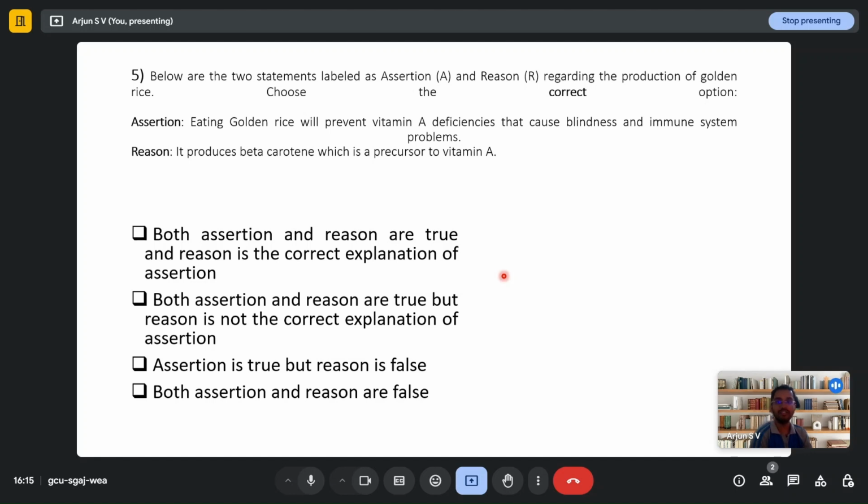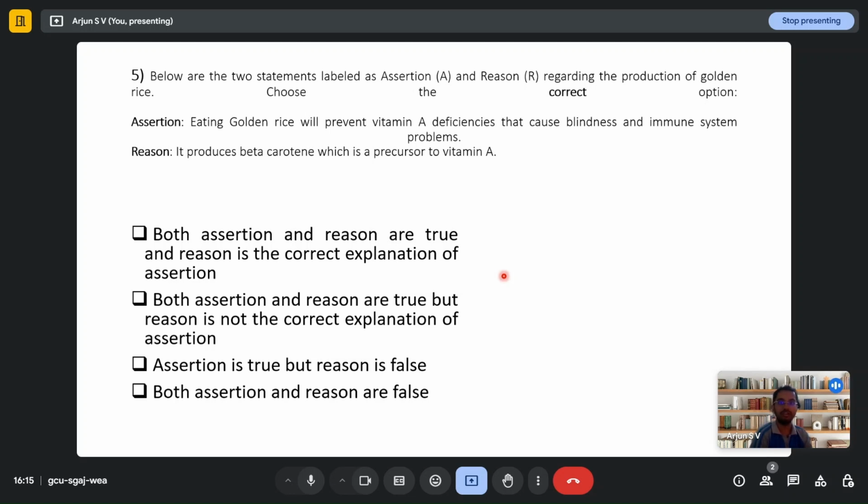The assertion is that eating golden rice will prevent vitamin A deficiencies that cause blindness and immune system problems. The reason is that it produces beta carotene, which is a precursor to vitamin A. So both the assertion and reasoning are correct, and the reason is the correct explanation for the assertion,